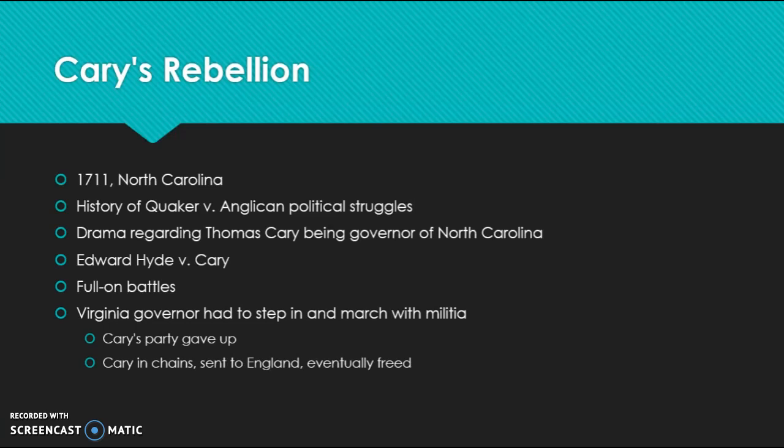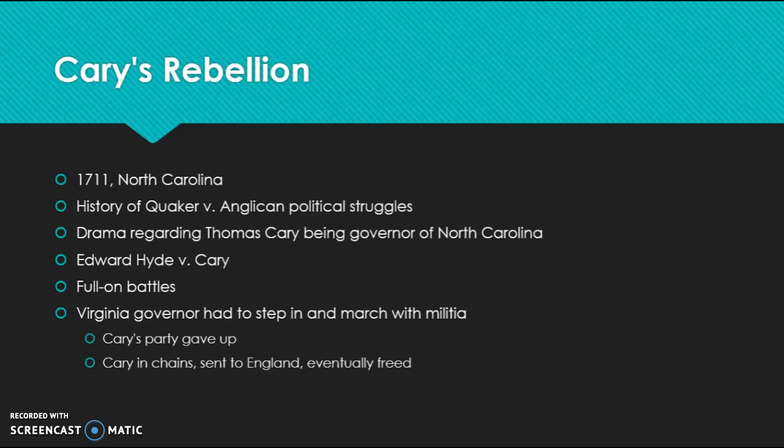While Carey was gone, he switched his allegiance and allied himself more to the Quakers. He came back and ousted his replacement, the guy he left in charge. This guy's name was Glover. So he got rid of Glover and resumed his governorship, and all of the people who were loyal to the Church of England left the area. He had them flee to Virginia.